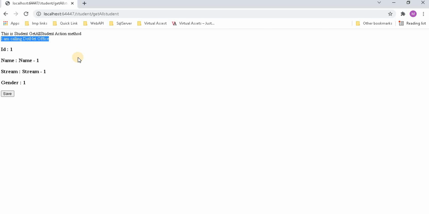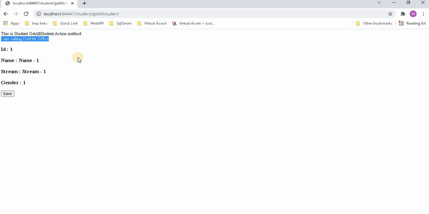If I pass the student model, I will copy this and remove this model from here. So instead of passing that model using the view, I am taking the data into the student model. Now this ViewData I will use here.